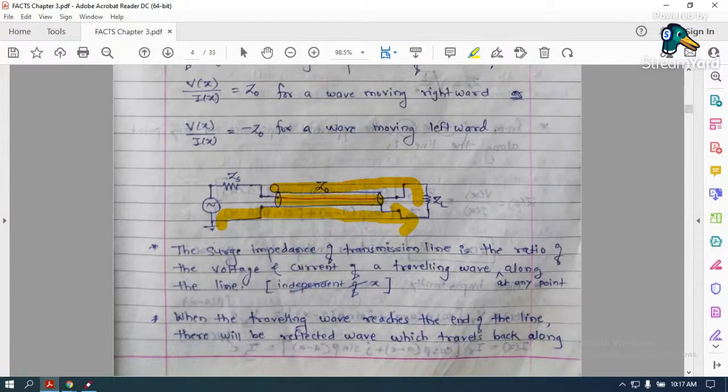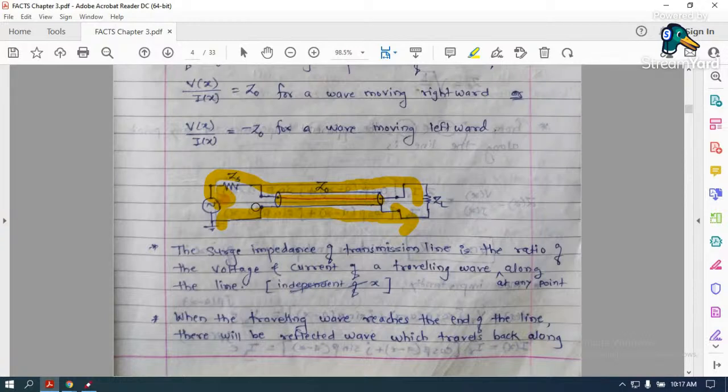Reflected, and where does it come? It will add to the source, correct? Now when this reflected wave adds to the source, definitely my source impedance will not be the same. Now it will change,